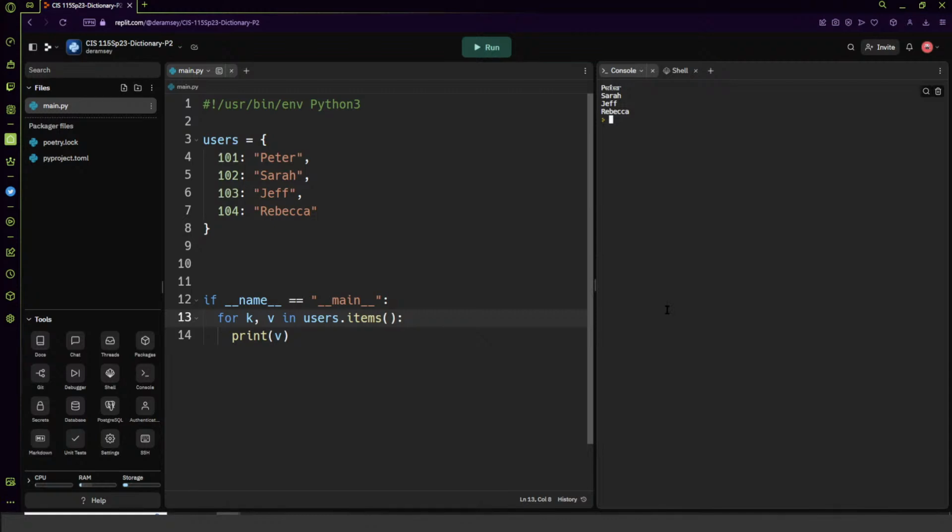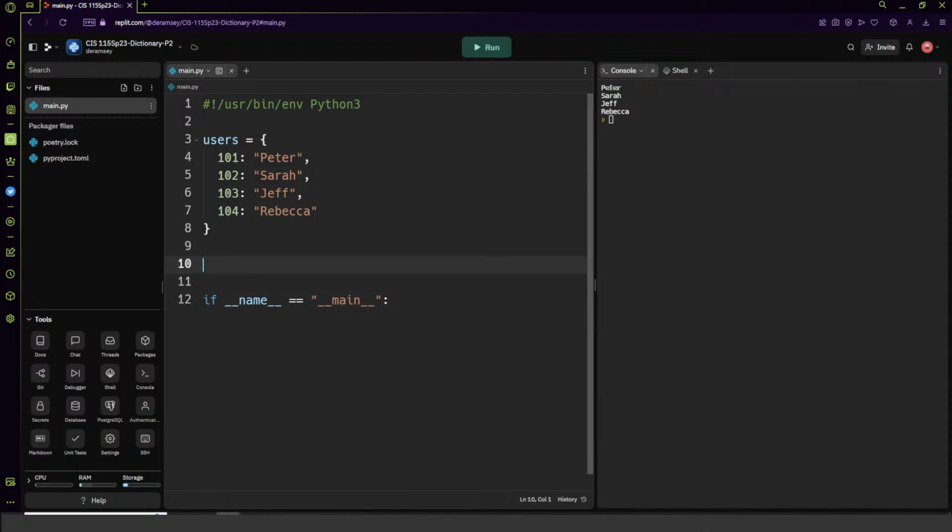So this is another way that we can utilize this. And this is an easier way, in my opinion, that we can print out and work with both the key and the value in the dictionary at the same time. Right? So if I wanted to write something that would print out my dictionary,